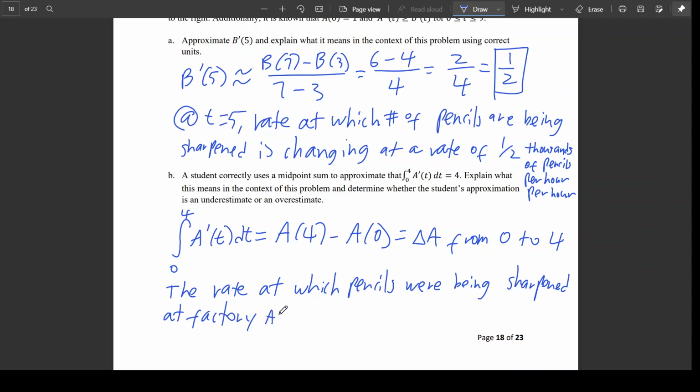Okay, and I also want to be specific, and I also mentioned the time. So between t equals 0 and t equals 4. So you want to be pretty specific between t equals 0 and t equals 4. You want to be pretty specific when you're answering these kind of things. And t equals 4 changed